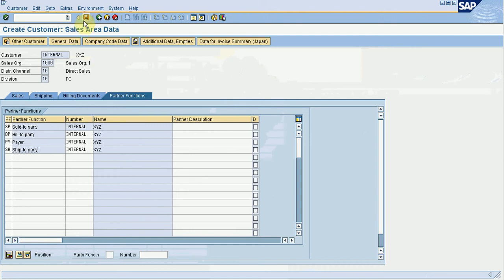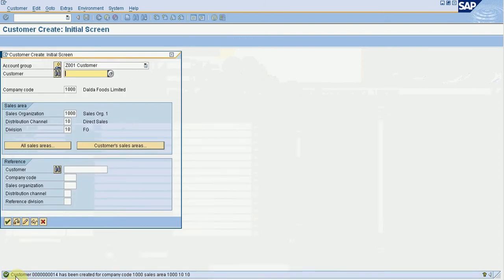Now I'm going to click on the save button. Now you can see that customer 14 has been created in company code 1000, sales area 1000, distribution channel 10, and division 10.